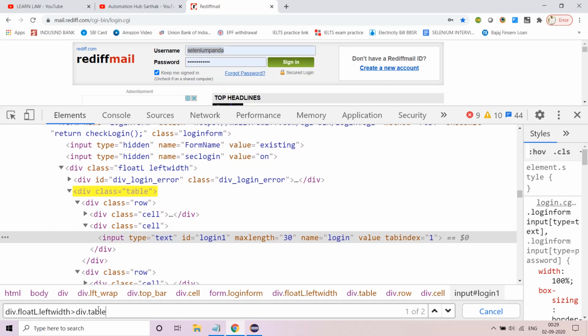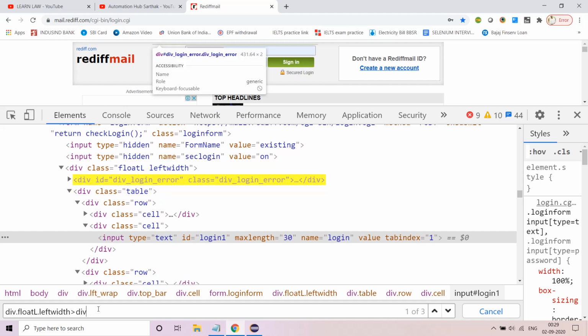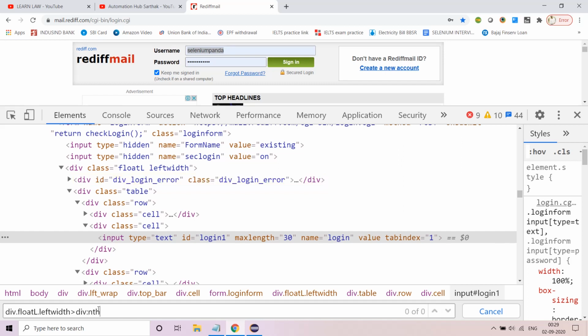So what I'm going to do, I'm going to act a little smart, and I'm not going to give any class dot class value something. I'm going to use nth child. So what is the next step? You will write colon nth-child, and in the bracket you write 2. So here it became specific. So this is the CSS selector for this particular web element, which is my great grandparent.